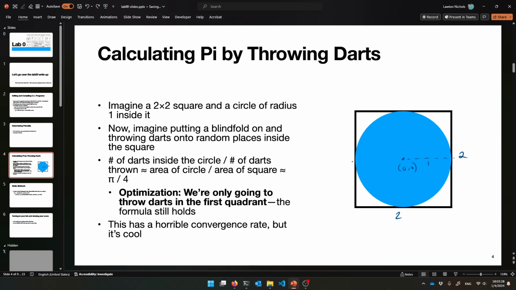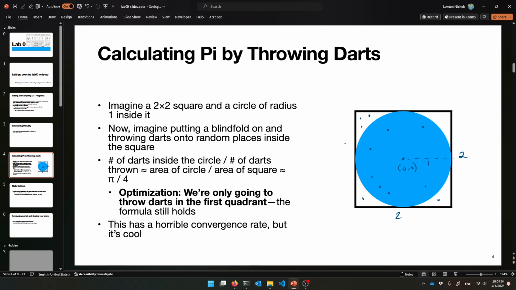And let's pretend you put a blindfold on, and you are throwing darts, and your darts always land within the square. It's guaranteed. It's magnetic somehow, but they're not guaranteed to land within the circle. So sometimes you're going to throw a bunch of darts, num darts many, and sometimes it hits inside of this circle, and sometimes it hits outside the circle. If you're throwing random darts, sometimes your darts are going to land within the circle, sometimes your darts are going to land outside that circle, okay? And surprisingly,